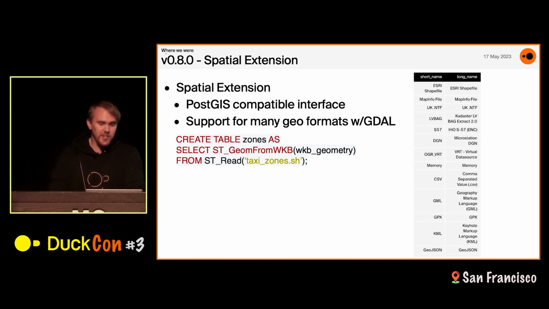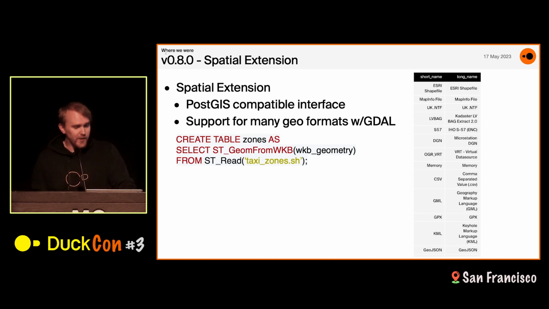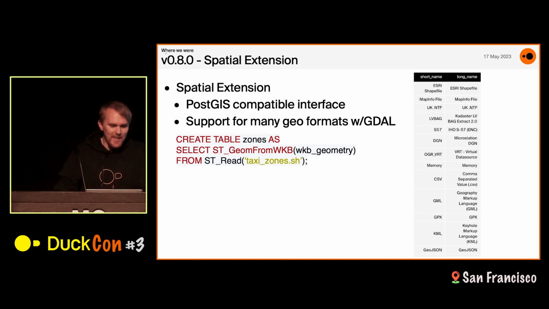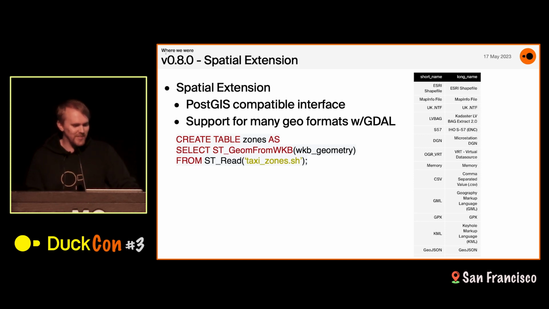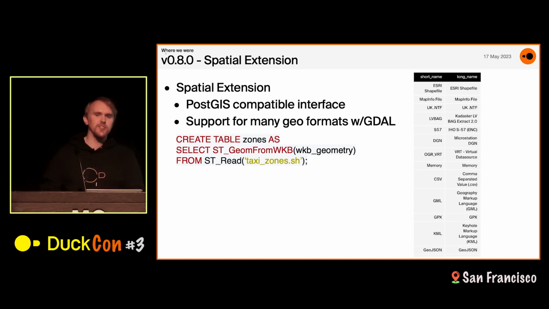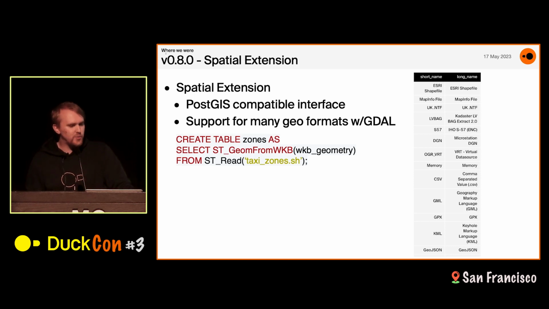And we have had the spatial extension release. That's something that Mux has worked on extensively, and it's very cool, allowing you to do spatial operations. If you have a need for this, it's kind of this world on its own. I'm not too familiar with it. Mux is the local expert. But if you want to do anything involving maps, coordinate systems, things like that, you end up wanting a lot of similar operations, reading these sorts of files, doing spatial joins and things like that. Since version 0.8, a little bit before, we now have a spatial extension that allows you to do all these things